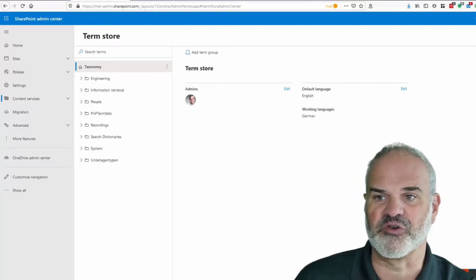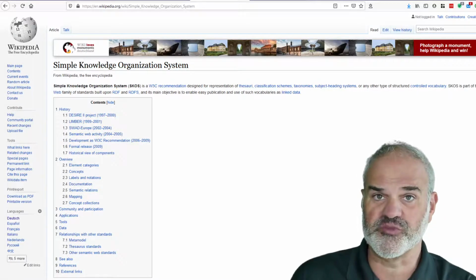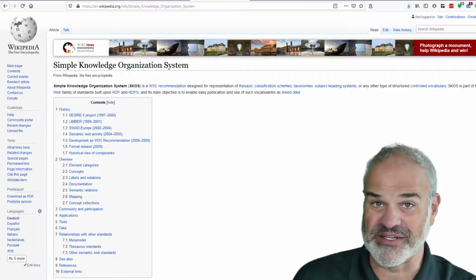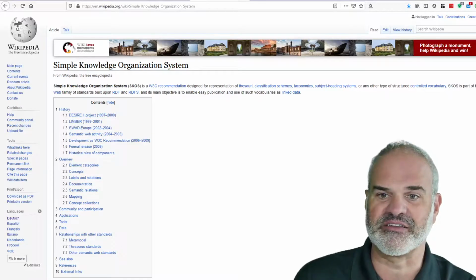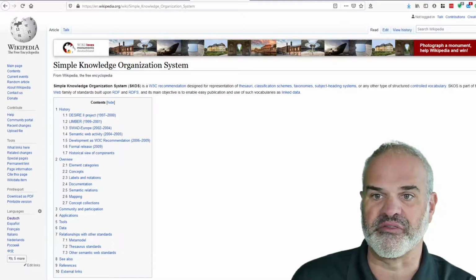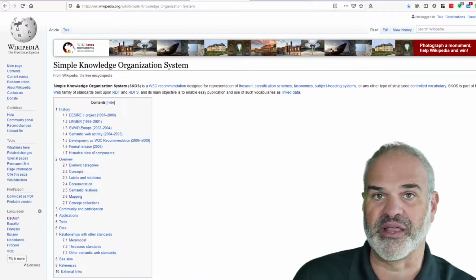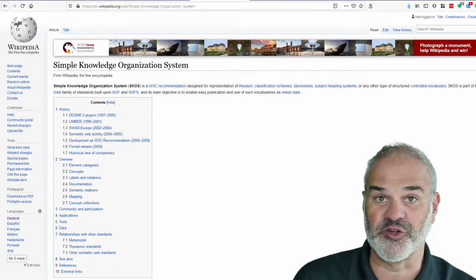And here I would like to show you what I found on the internet. One of the most important topics for knowledge management and taxonomy is semantic web. And here there was a standard called Simple Knowledge Organization System, called SKOS, a W3C recommendation released in 2009. And our tool Essentials for Office 365 can import this kind of data. So what we're doing is going to download the one for the UNESCO and then import them in the next steps into our SharePoint Online term store.